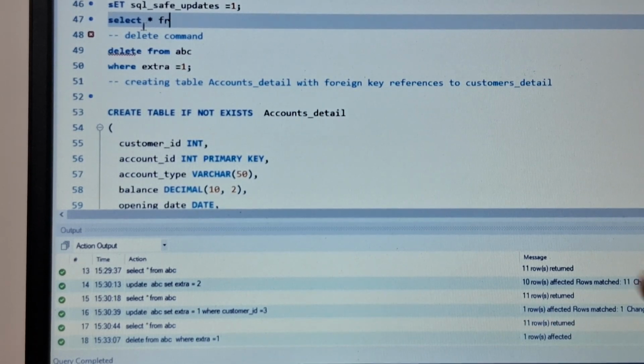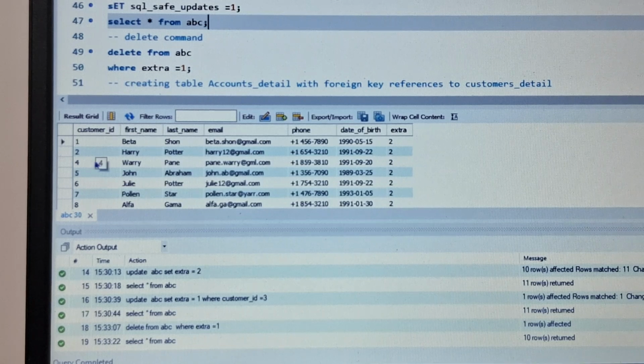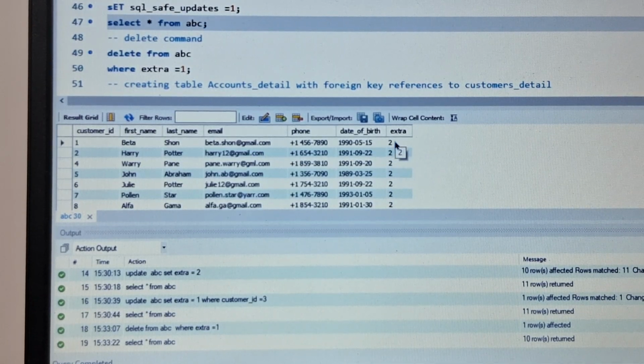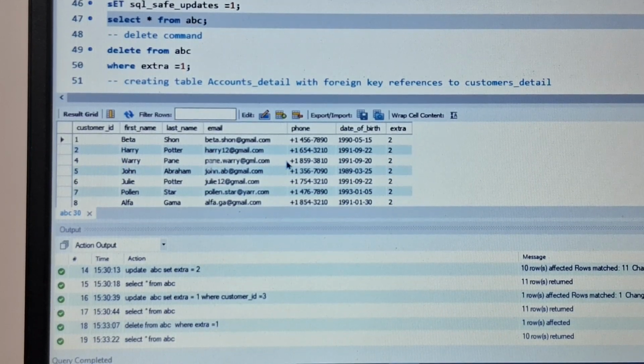Select star from ABC. Now we can see the record for ID number 3 has been deleted, and where extra value was 1, it has deleted all the records for ID number 1.